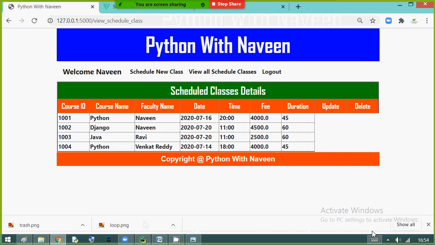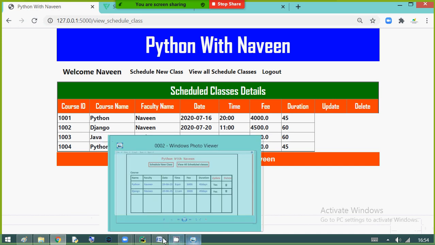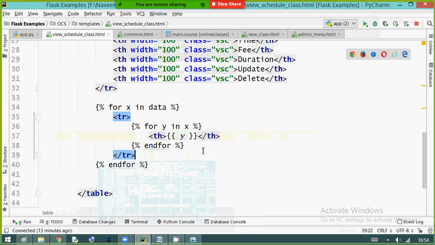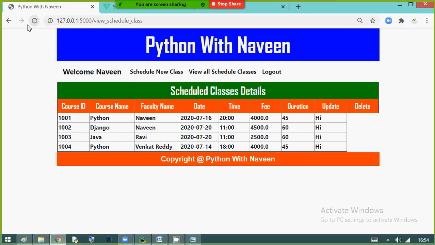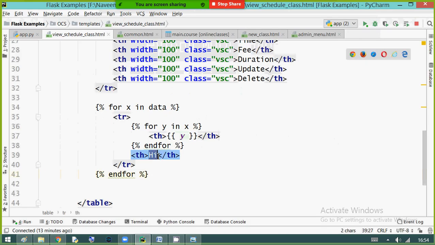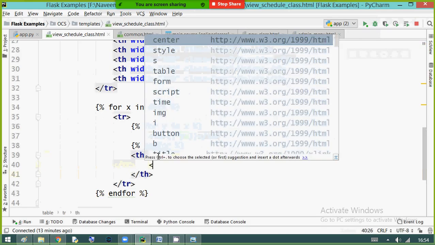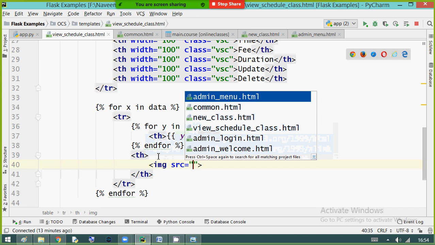So now what I am doing in my code, observe. Outside the inner loop, I am taking a table header, I am writing hi. Once observe. Under update I got hi. Simple. Instead of hi, show the image. Show the image. img src